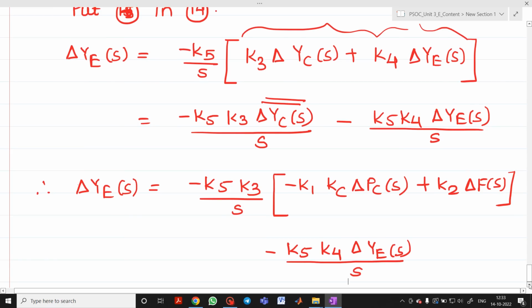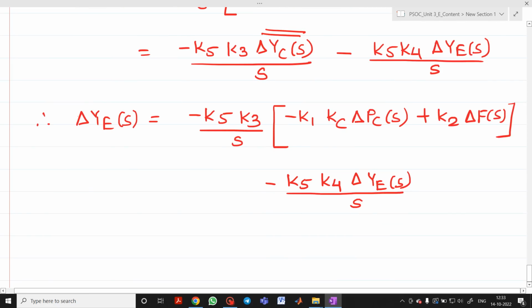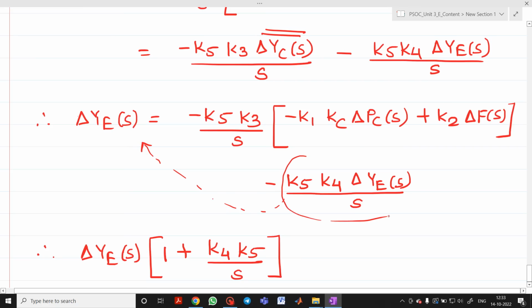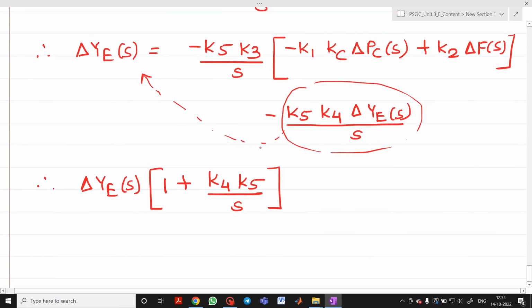So from this equation, now can I do one thing? I will take this delta ye of s towards this side. So this negative term will be shifted towards this side. So what will it be? Here, 1 plus k4 into k5 divided by s. I have shifted this term, minus k4 k5 delta ye of s upon s, towards the left hand side, and I have taken this delta ye of s common, which will be equal to